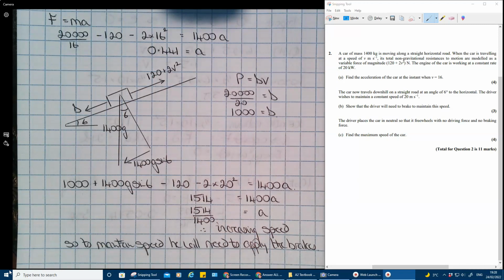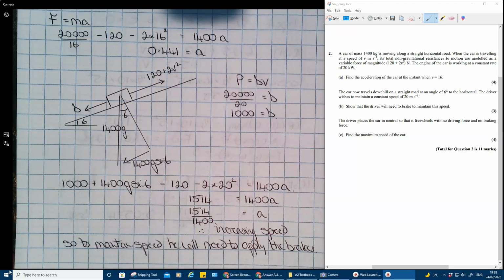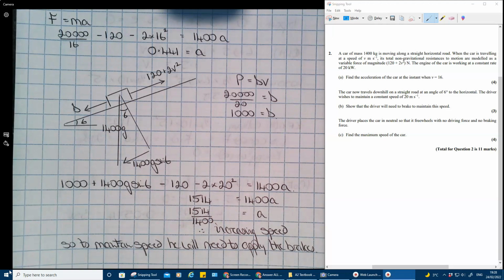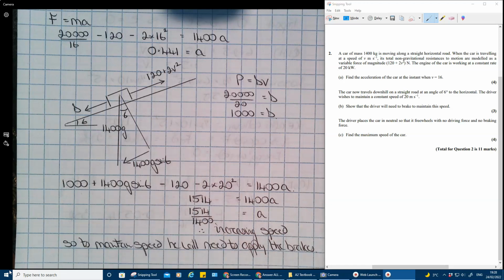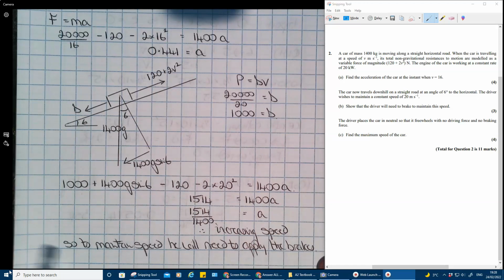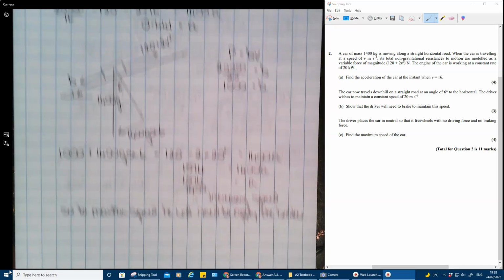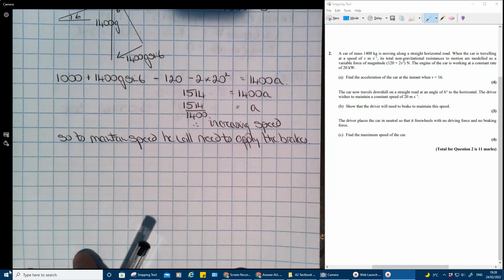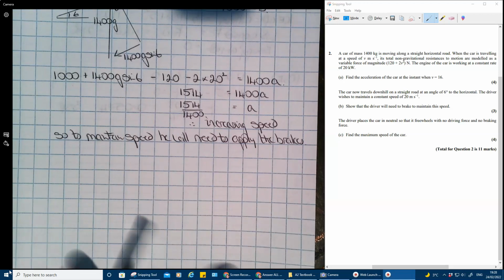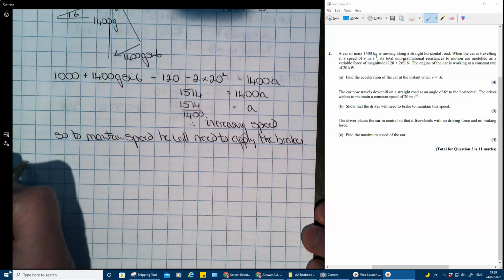Right, now the next part, last part: the driver places the car in neutral. Okay, so now we haven't got any driving force from the car. Here it's in gear, the car is pushing forwards, he's got a brake to stop that. Clearly it would make more sense to put it into neutral, which we're doing for part C. And we're trying to find the maximum speed, with no driving force and no braking force. So now we've got part C,